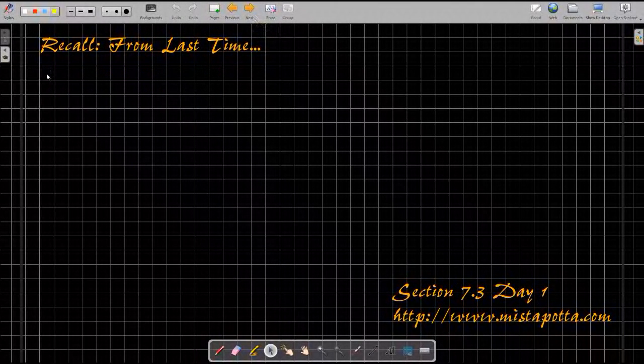So given our function y equals radical x on some limited domain from 0 to 5, I was looking at the volume, and we determined that